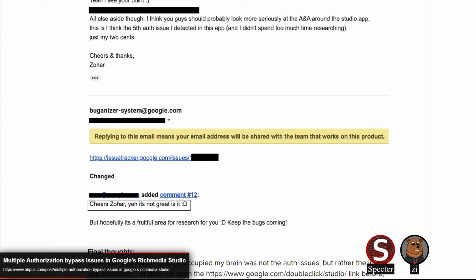Though this could potentially be a revamped app or something, and that might have been why they pushed it into the research program. That would kind of make sense. My initial thought is, it's kind of a hidden application, so it's not getting all the eyeballs that you would necessarily expect. Like I said, I do definitely have a higher expectation when it comes to Google's code. They do have a good reputation, so it's definitely surprising.